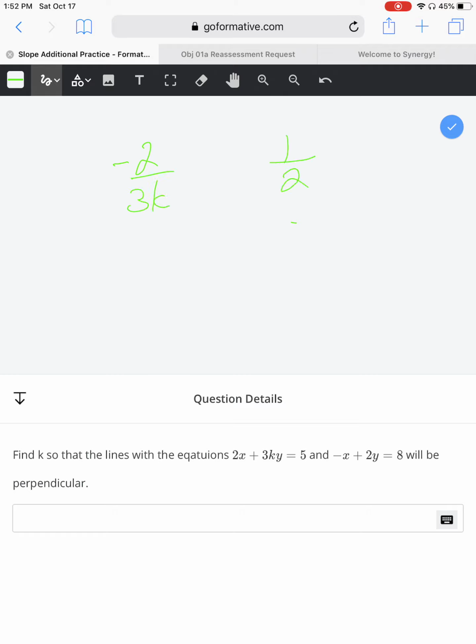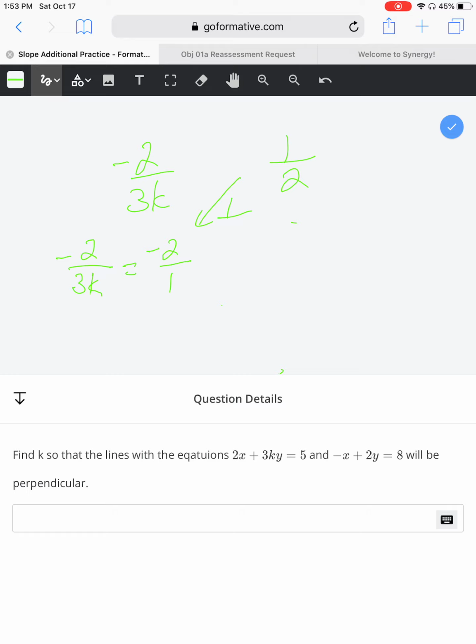and it says, what if they were perpendicular? Well, if they're perpendicular, then if the slope of this one is negative 2 over 3k, then the slope of the other one would be negative 2 over 1. That's if it was perpendicular. And I'm going to show you either way, whichever one you switch. So you just switch one of the slopes so it's perpendicular,